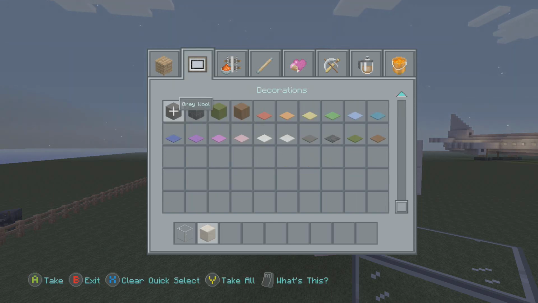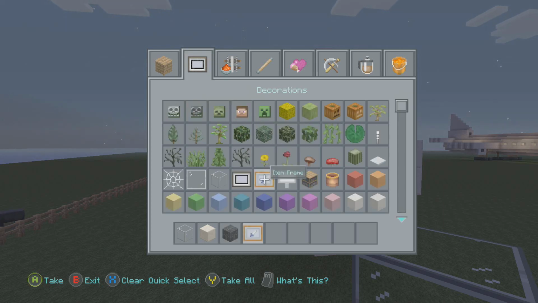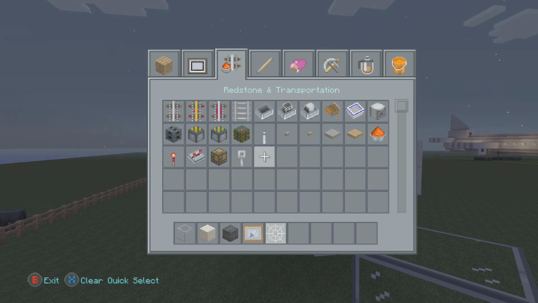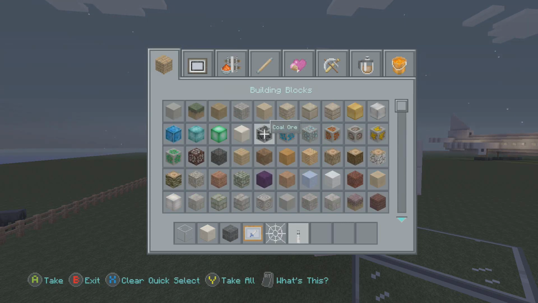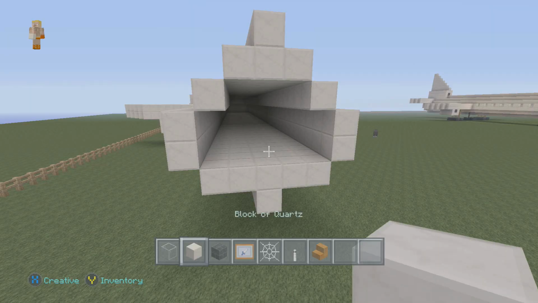And black wool. And then you're going to want an item frame, some web, a lever, and some birchwood stairs. Right, and then once you've got all of your materials, you're going to start with a